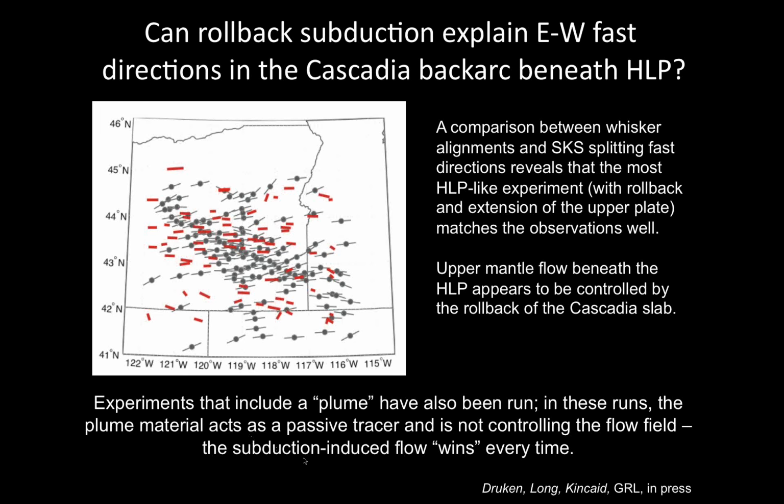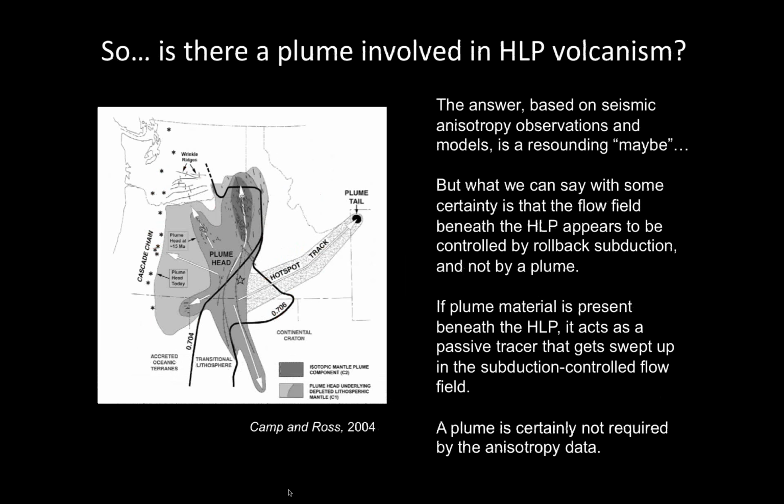So if you think of it as a competition between the subduction-induced flow and the flow you would expect from a buoyant plume impinging on a plate above it, the subduction-induced flow always wins. So what they found is that in their models, even if there is plume material, the plume is not what's controlling the flow field. Instead, the plume stuff gets swept into the subduction-induced flow as a